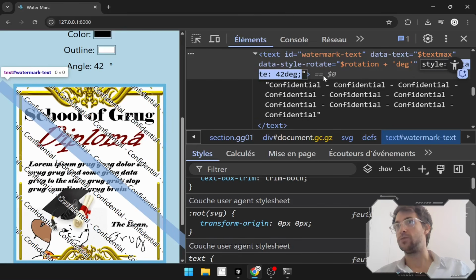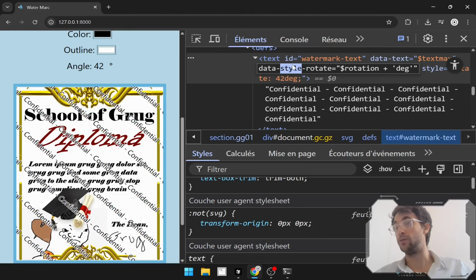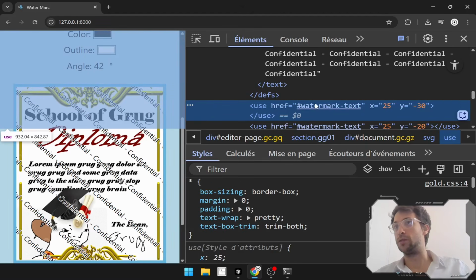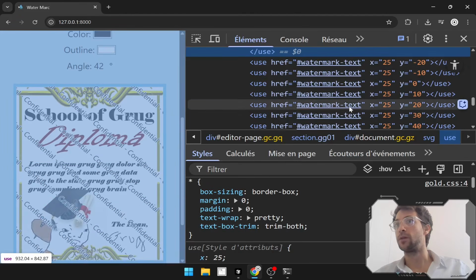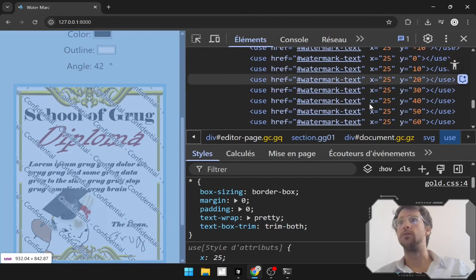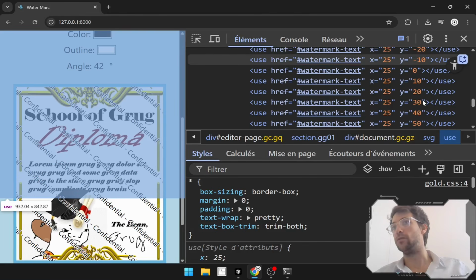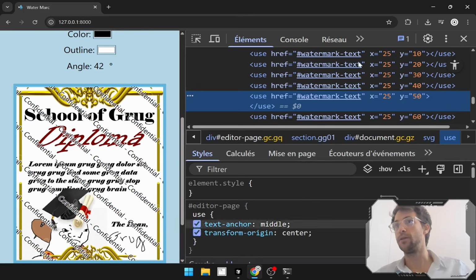Datastar applies it to the style. So data style, which is something I didn't use before, but very, very handy function. And then once we define that, we are going to use it a lot to put different lines at different X and Y points. So yeah, the view is not really great, but you understand that at every 10 y, we put a new line, which is going to inherit the